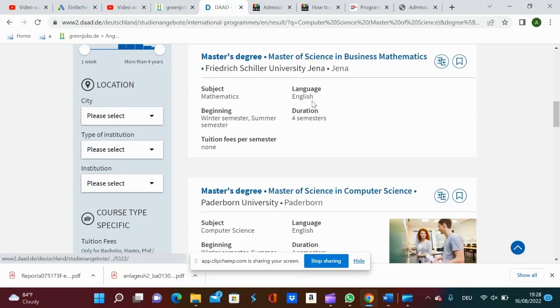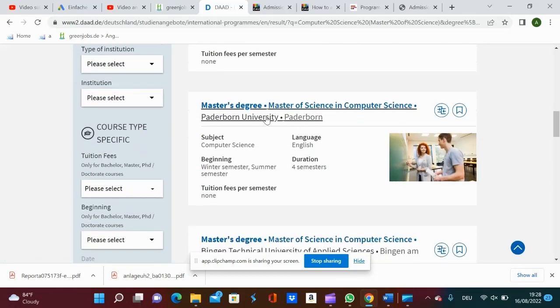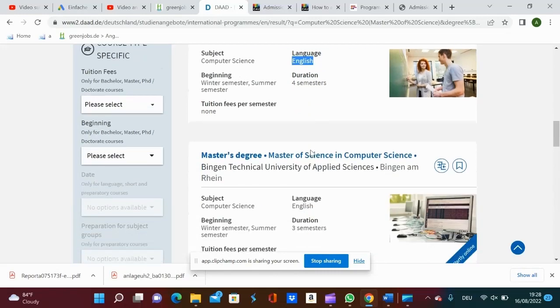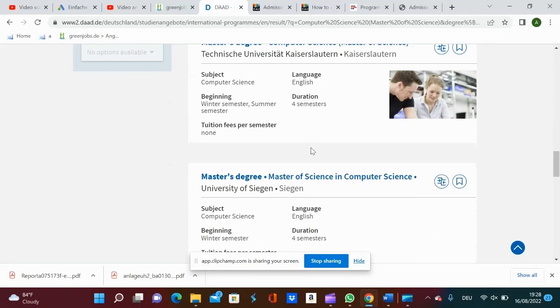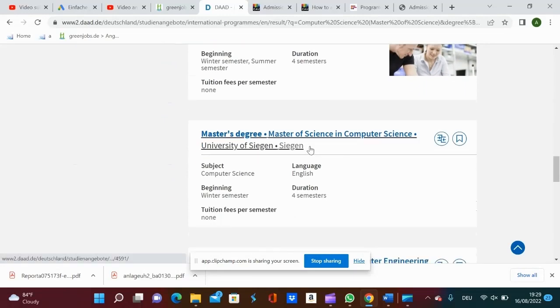So you just go on and on. So here we have Master of Science in Computer Science itself. It's done in Paderborn, right? And it's tuition free. The language is English, right? So you can just scroll through and see what is good for you, okay?